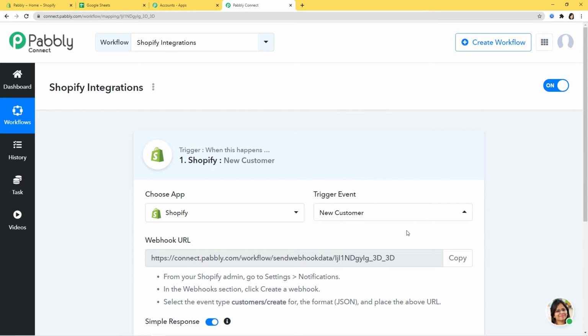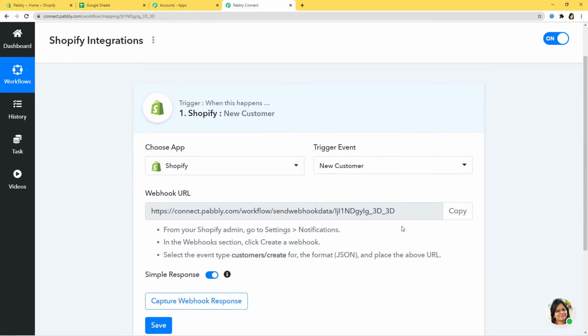So now you might have a question in your mind, what is this term called trigger? Let me tell you that automation runs on the concept of triggers and actions. It is all about when something happens, do this. For example, when a sale happens, send an email. In our case, when a new customer is created will be our trigger event over here.